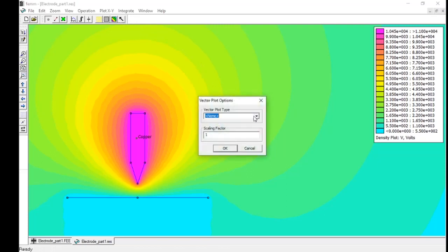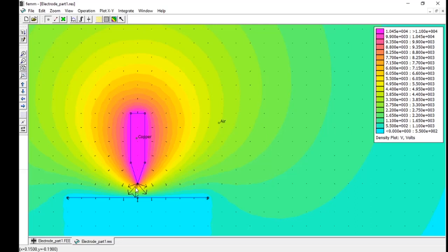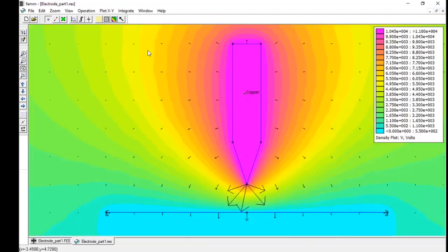arrow, and then we'll go to this intensity and say OK. So now you can see those small arrows coming up. The maximum intensity is appearing at the tip, which is highly distorted, emanating from the electrode, which is at plus potential, and then it's going to the ground node. You can see those arrows.